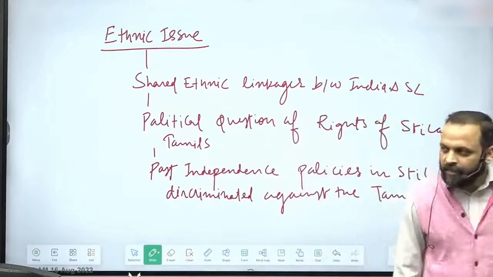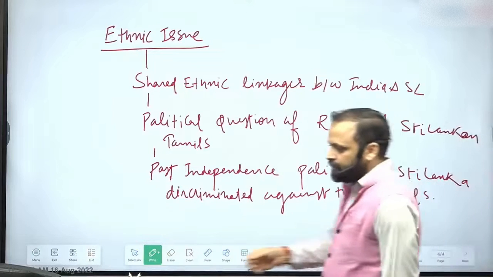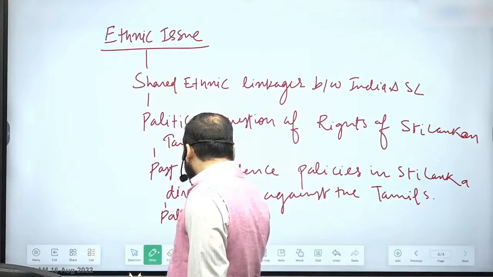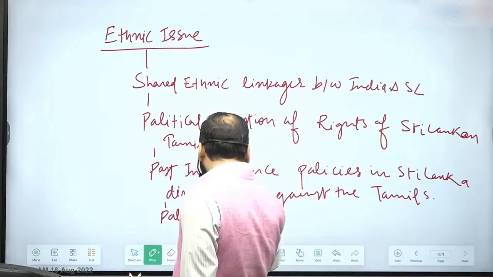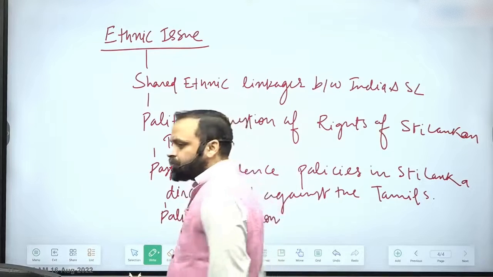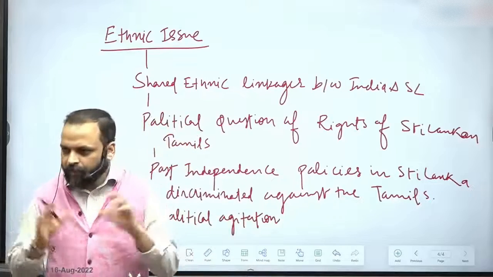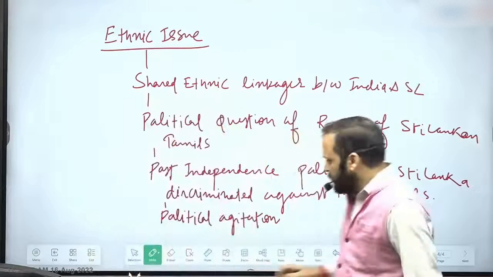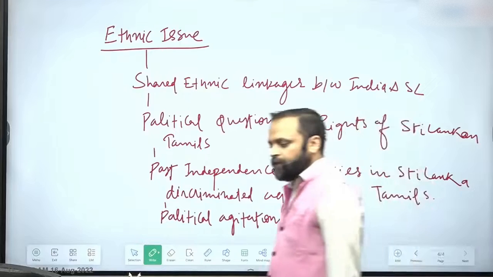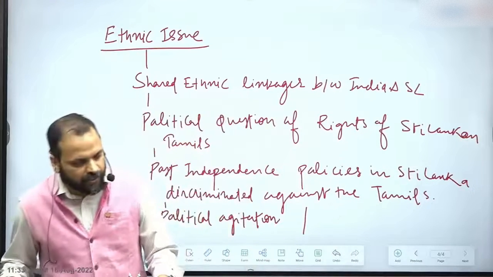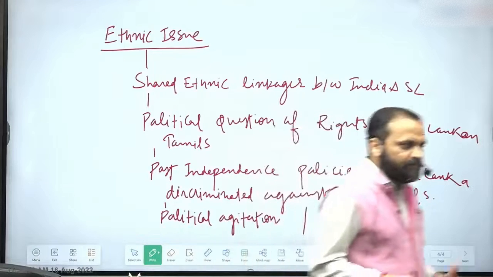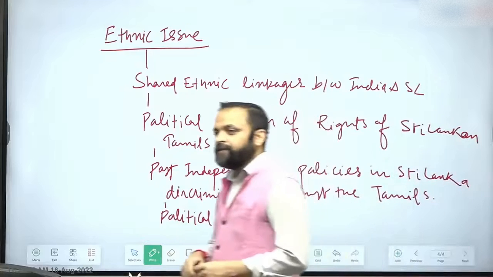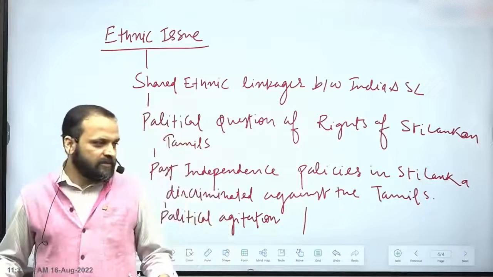In Sri Lanka, what happened? So first of all, one thing was that it led to political agitation, meaning Tamil groups coming under one umbrella, forming political organizations demanding their rights. That's one way that our demands should be included in the constitutional scheme of Sri Lanka. When that did not succeed, if peaceful means are allowed to fail, what would happen? There would inevitably be a violent choice.